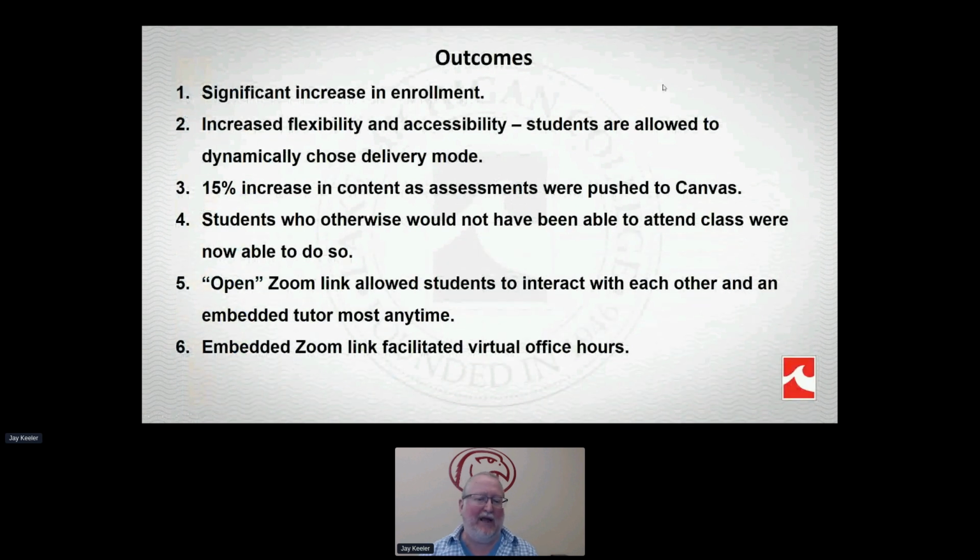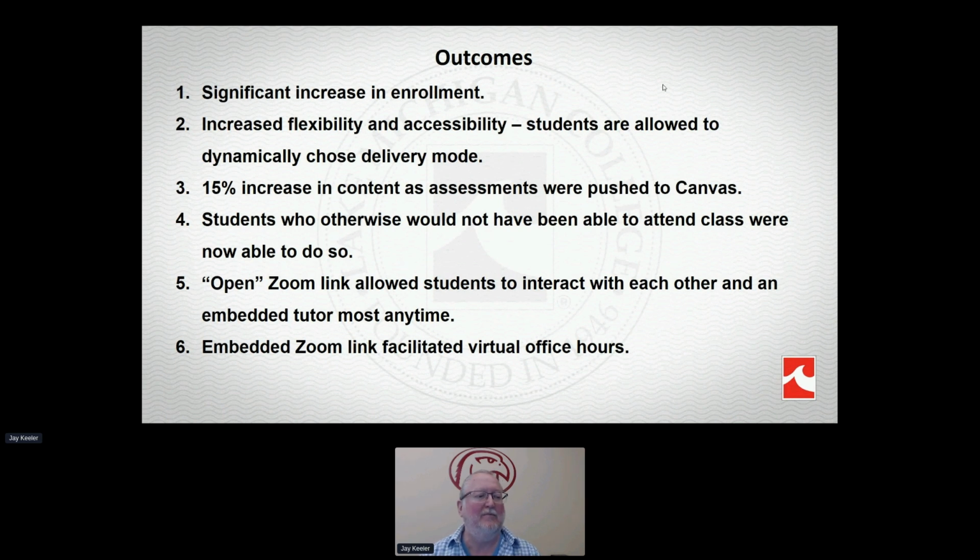So overall, what do we have as an outcome? Well, we got significant increases in enrollment because it was flexible and it fit in people's schedule. For instance, the fellow who taught geology here at Lake Michigan College retired, and because I've got a hybrid background, they asked me to pick up that course. That's what I teach at U of M. And I converted that course to HyFlex format, in January of this year. And enrollment increased